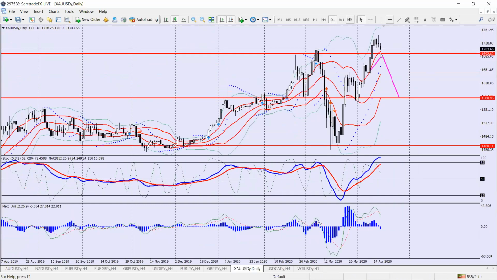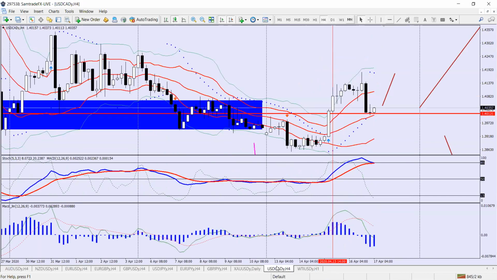Gold is coming back towards, it's gone up. I really like how the price action is happening at that point. It's gone up, it's coming back down and trying to test the 1690 level. I'm looking for it to break below that level before possibly selling that relatively aggressively. But that was a counter trend trade, so do be careful if you want to sell that down. And then CAD we just spoke about.